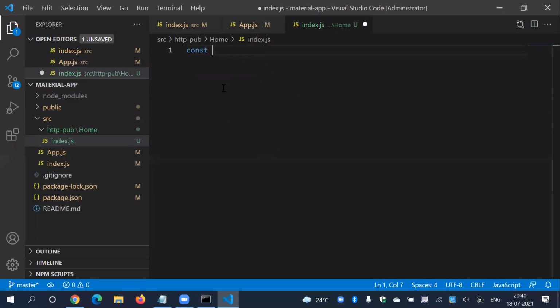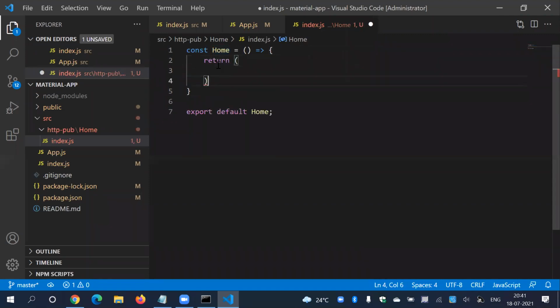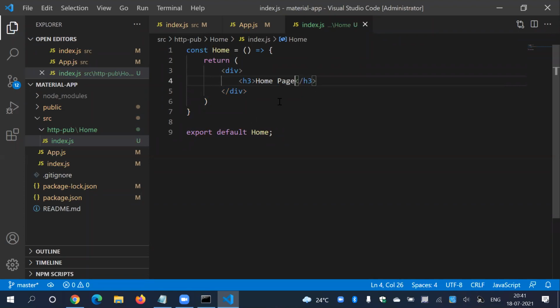So let's say const Home is my first component, which is going to export default. My Home component is going to return some HTML like this, a div with an h3, let's say homepage. Perfect.